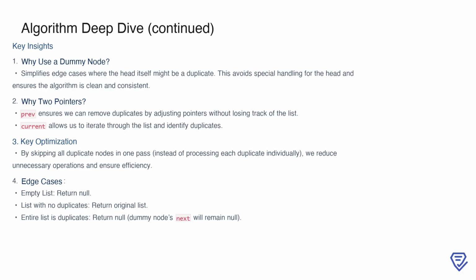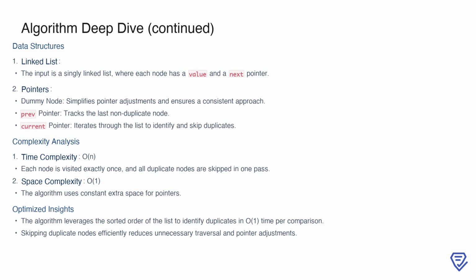This reduces unnecessary operations and improves efficiency. Important edge cases to consider include an empty list, where the result is null, a list with no duplicates, which is returned as is, and a list entirely composed of duplicates, where the result is null, as the dummy node's next will remain null. The problem primarily revolves around the linked list data structure, where each node has a value